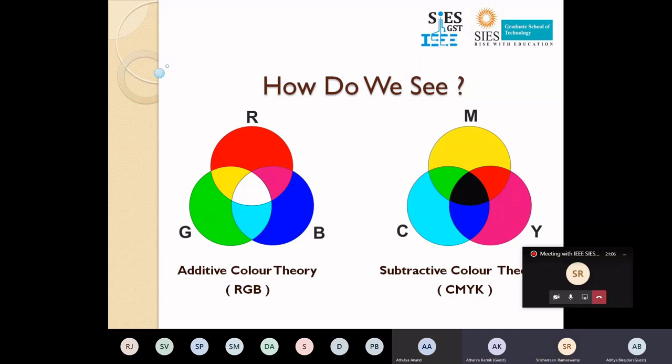But while printing, these colors are made manually and there has to be some percentage of error while making a pigment or a dye. Hence, theoretically, when we mix CMY, it is supposed to give us black, but practically we get gray. Therefore, black as a separate color is used.